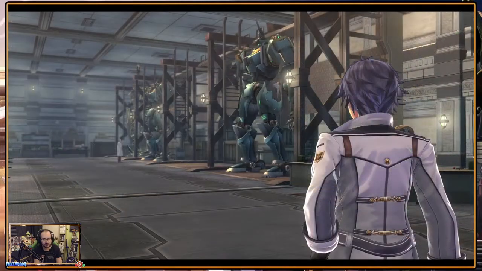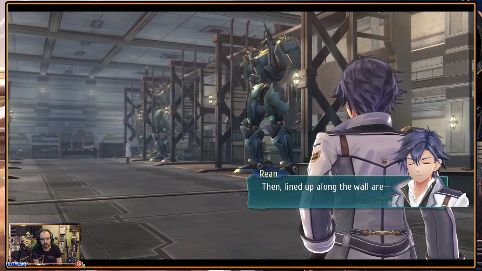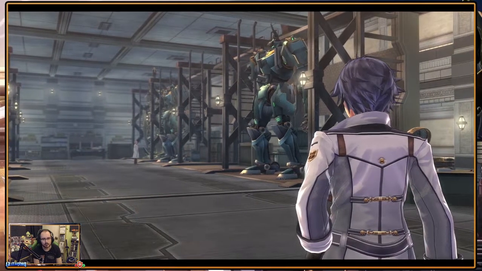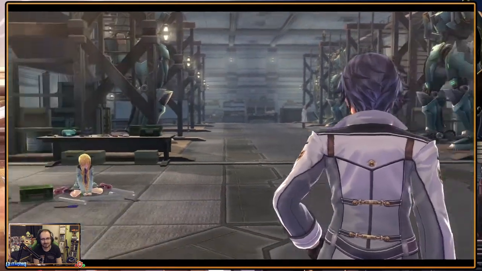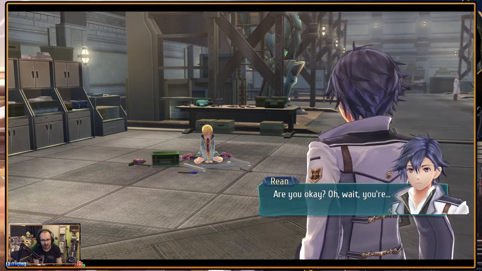Five in here. Different types as well. I see Professor Schmidt and Valimar at the far end. Then lined up along the wall are... Whoa! Owie! Oh, I made a mess. Are you okay? Oh, wait, you're...